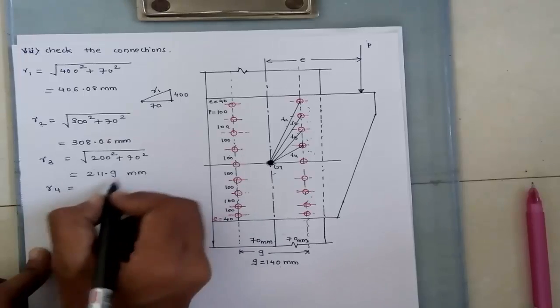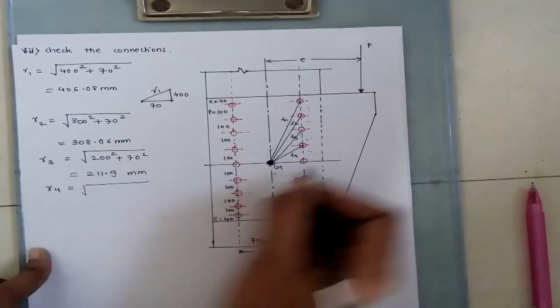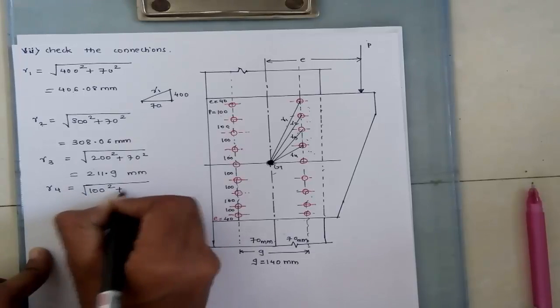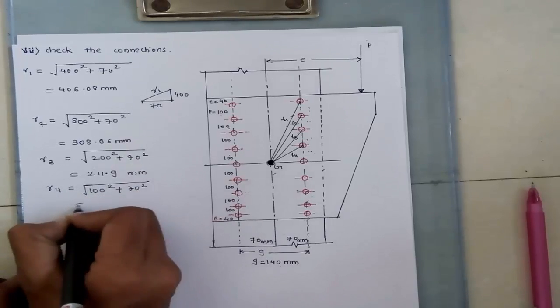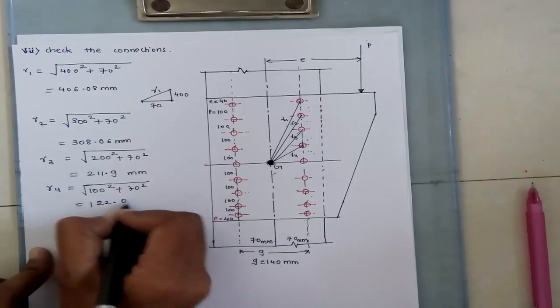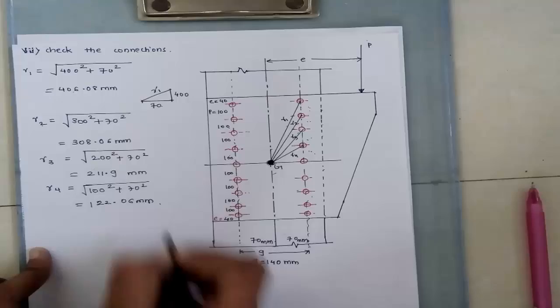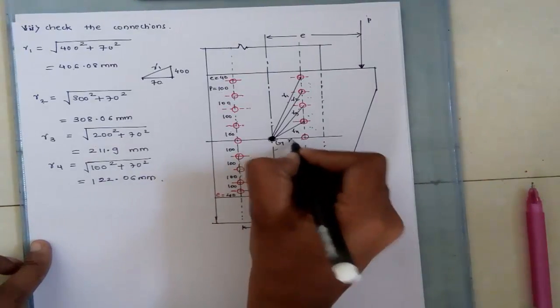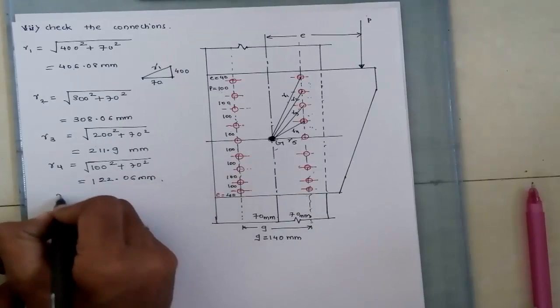R4: this is R4, 100 square plus 70 square, 122.06 mm. Due to horizontal, the R5, that is R5 equals to,